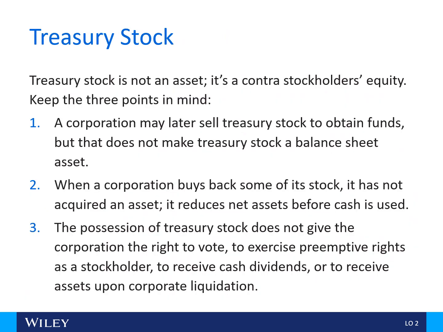So when a company reacquires its own stock, the term is actually called treasury stock. And as you're seeing here, treasury stock is not an asset. Okay, so treasury stock, it's a debit on the company's financial statements, but it's not an asset. It's actually a contra stockholders' equity account. Okay, so equity normally sits as a credit balance on a company's books. Treasury stock is a debit balance, and it's not going to be on the asset side. It's going to be a contra stockholders' equity.